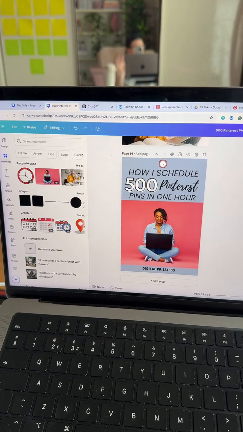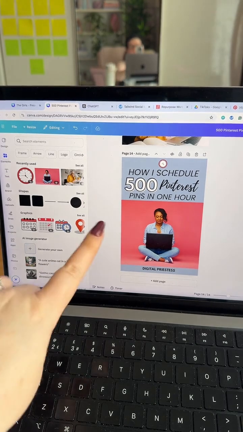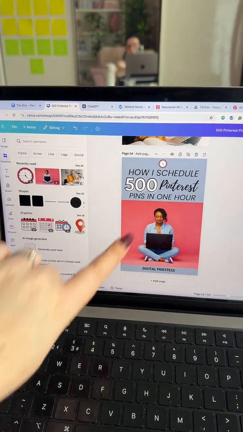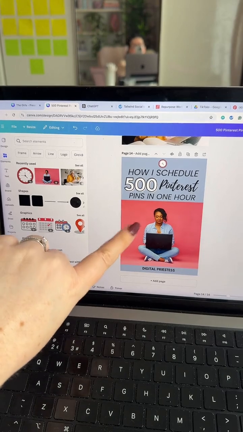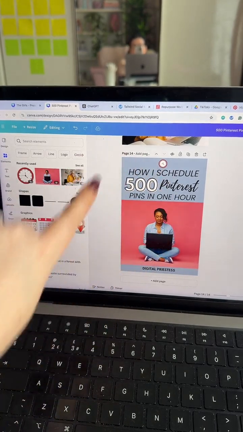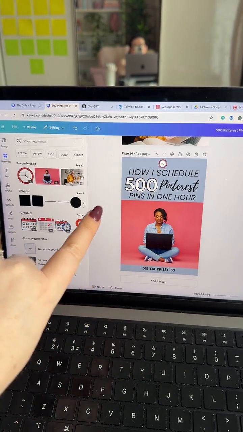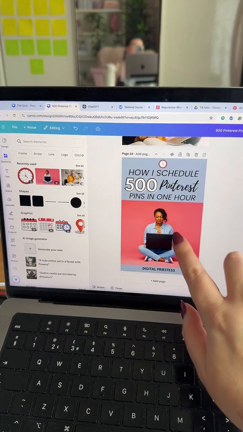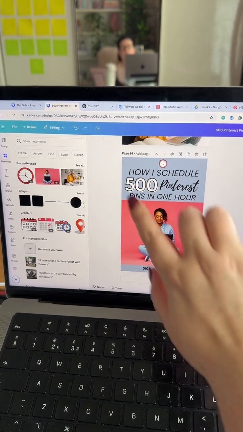Why so many? This is actually a really good question, and where a lot of people will go wrong with Pinterest. People think that when you do a blog post or a sales page, you create one pin for it. No, I'm going to be pinning to this every month, probably for the next 6 to 12 months, to get that blog post appearing in Google and to drive a lot of traffic to it. This blog post is obviously a tutorial.